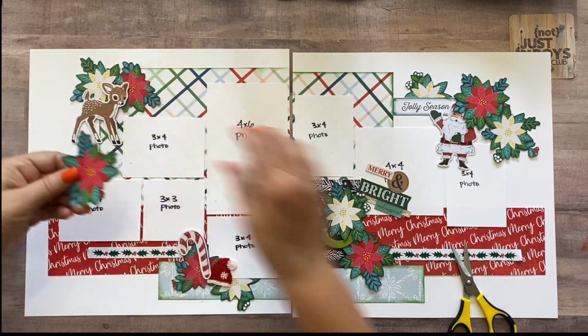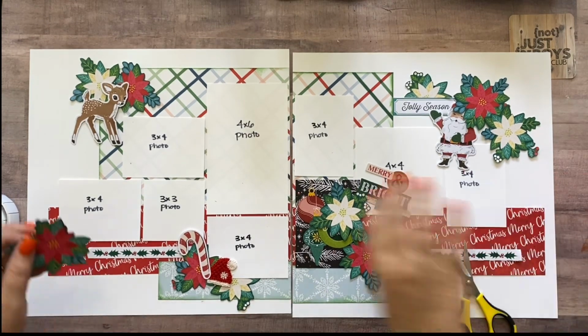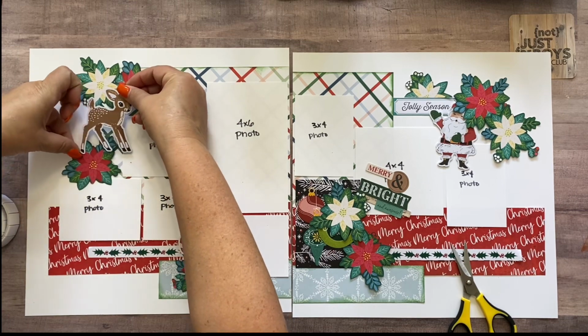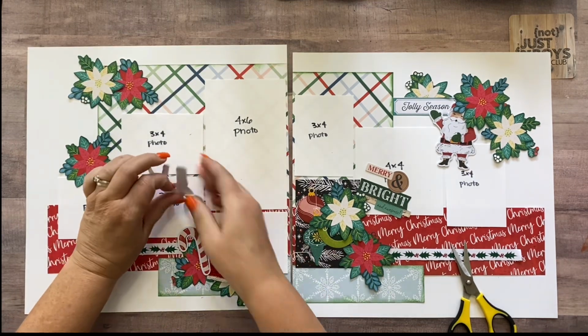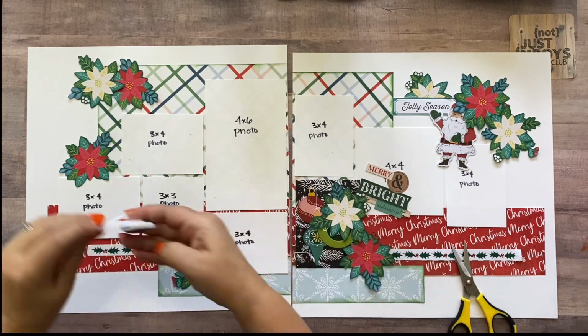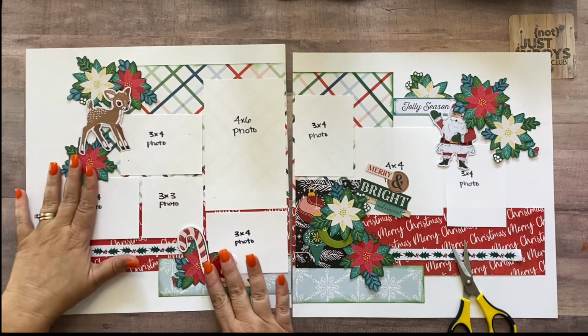And then this other red one is going to kind of go underneath the deer's feet. And it can kind of overlap onto the picture too. And then I'm going to go ahead and pop this deer up on foam tape as well. Give this a little dimension. Normally I would put a little bit more foam tape on the back of this, but we're making a video here and I don't want it to take a long time, so I'll just put a little. Okay,